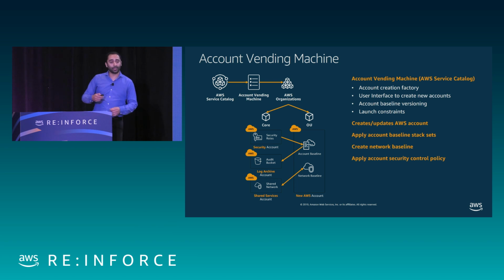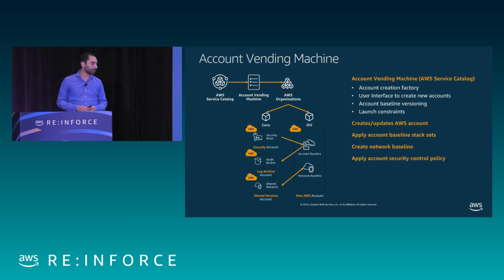And what it will do is it will go in and take care of that initial plumbing. If I create a new account through the account vending machine, my cross-account security roles that we spoke about get created. My CloudTrail gets configured from the moment it's created, and its logs go to the log archive account in addition to a local copy in its own account. So the developer, whoever's in that account, can view their own logs if they need to. They don't have to go to you to ask you for them. And they can't stop it because you put the SCP in place.